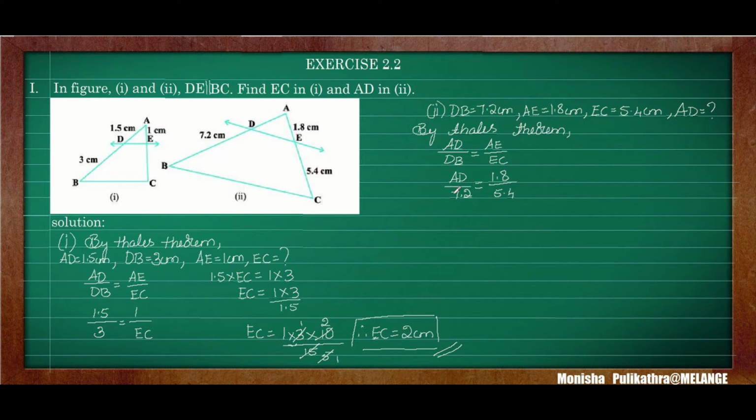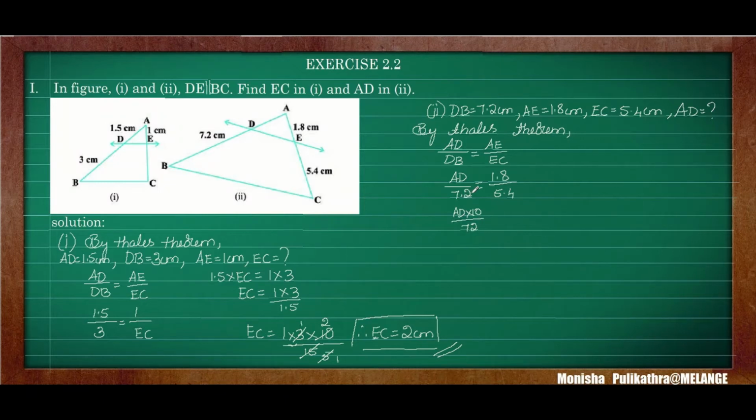Now in this question, all the numbers have decimal points, so we need to cancel that decimal point. To cancel the decimal point, we need to count how many digits are there after the point. There is only one digit after the point. If there is only one digit, in order to remove it, we need to substitute a 10 because 10 has only one zero. Since the number is in the denominator, we need to write 10 in the numerator. So AD into 10 divided by 72.